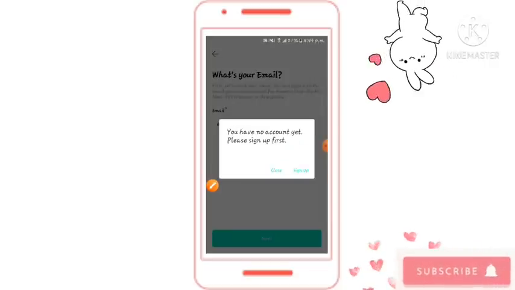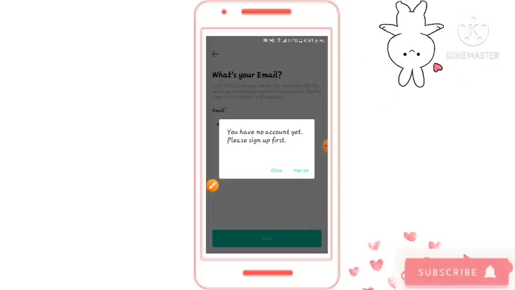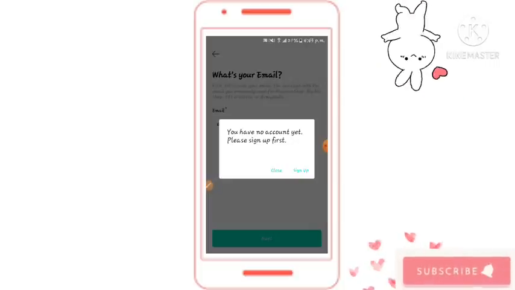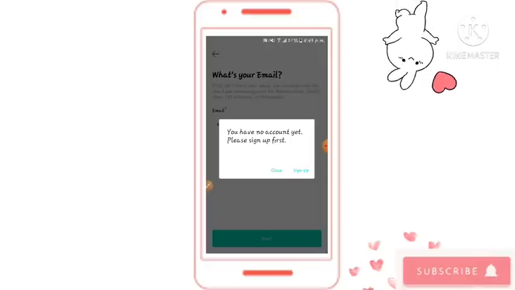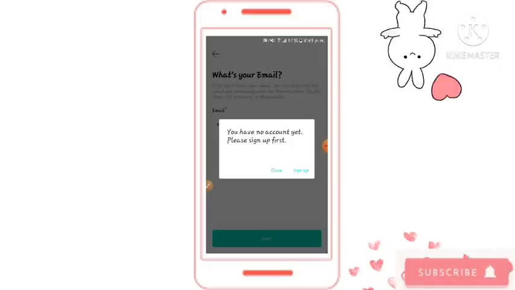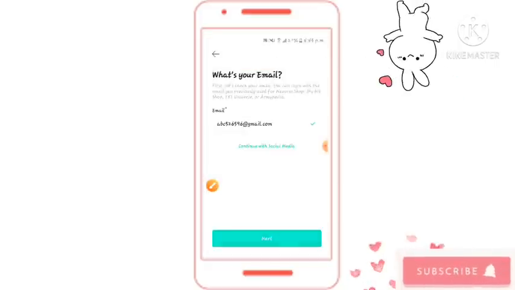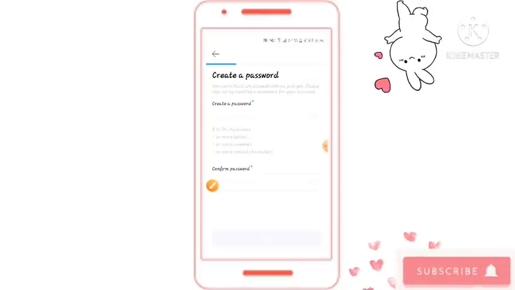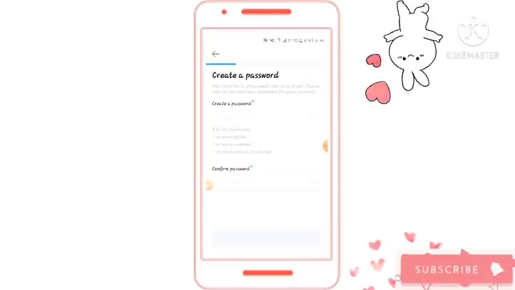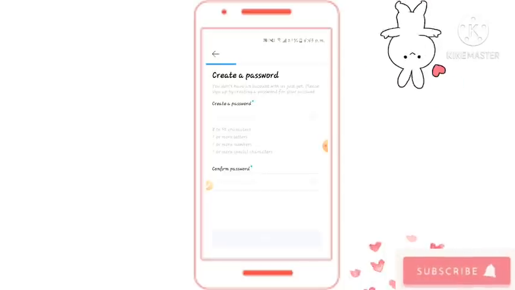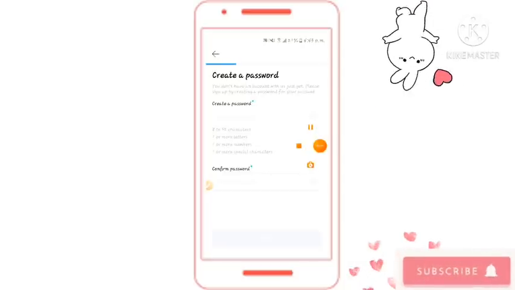After that, it will ask me to sign up, because if you don't have an email ID yet on Weavers, you have to click on sign up. So I'm going to click on sign up, and it will ask us for a password. So I'm just going to fill it, and I'll be right back.